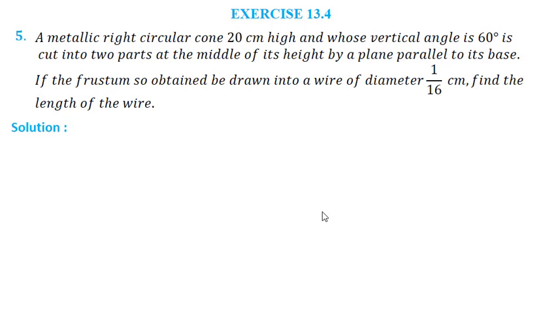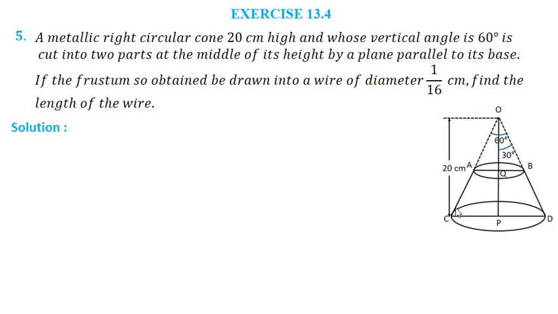Now here there is a cone. This is cut at the middle, at this midpoint. So after cutting, what we get? We get frustum of cone. Now the total height is 20 cm, so height for this frustum of cone will be 10 cm. They have not given me radius at top and radius at bottom. But what I know is this complete angle 60 degree, so I can get this angle POD, which is 30 degree, by symmetry. Now with the help of this angle and this height, I can find this top radius and bottom radius. So we have to use a little bit of trigonometry that we are going to learn.